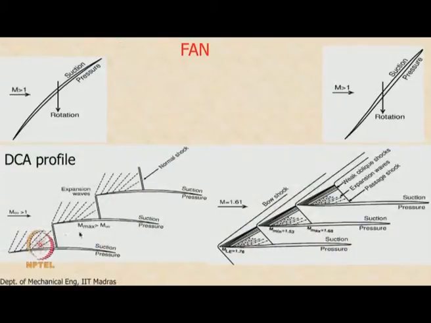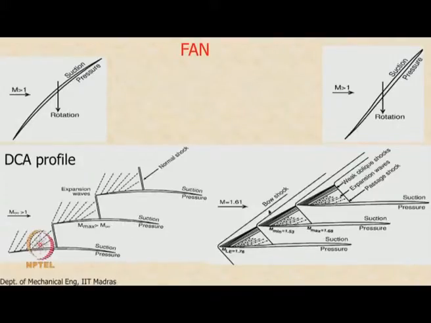So, in the last class we saw that a double circular arc profile cannot be used for diffusing a supersonic flow, and we showed that because it has a convex surface here, by the time the flow reaches the entrance to the blade passage, which is over here, the maximum Mach number is going to be more than the free stream Mach number, probably much more. So, this normal shock will be quite strong, and as we saw from our normal shock diffuser calculation, the loss of stagnation pressure will also be quite high, which is very undesirable in the case of the fan in a